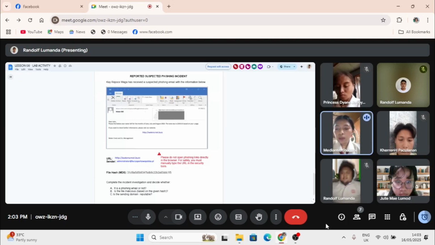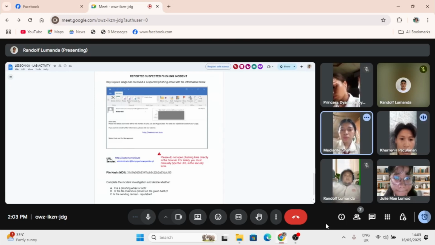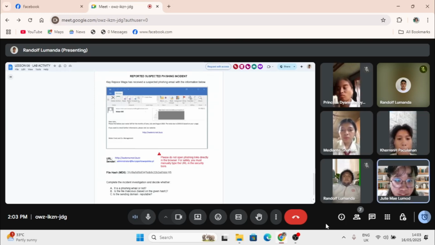It shows if the file has been changed or if it's known to be harmful. How did you check if a file is dangerous? We use the file's MD5 hash and check it on md5file.com and VirusTotal.